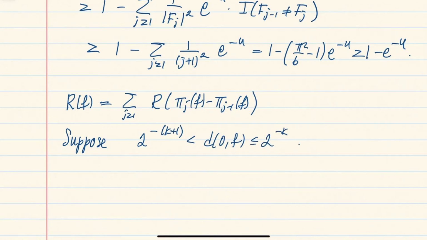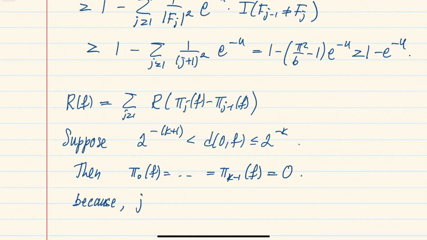So choose such k, okay, and then if your f is within distance 2 to the minus k from 0, then you can conclude right away that projections of f up to the level k minus 1 will be 0. So in other words, 0 will be the closest point up to the level k minus 1. Okay, and this is true because,